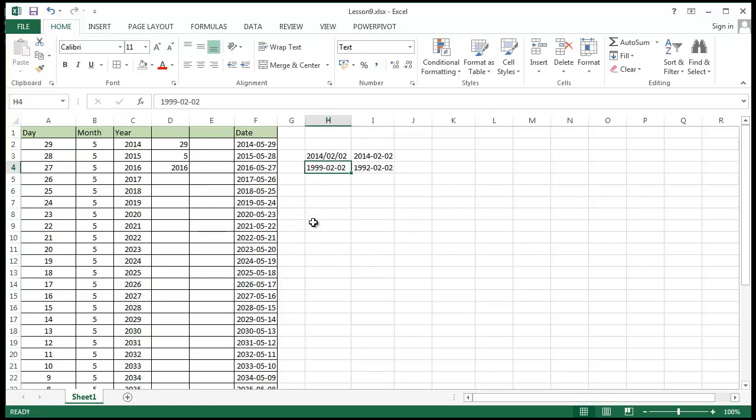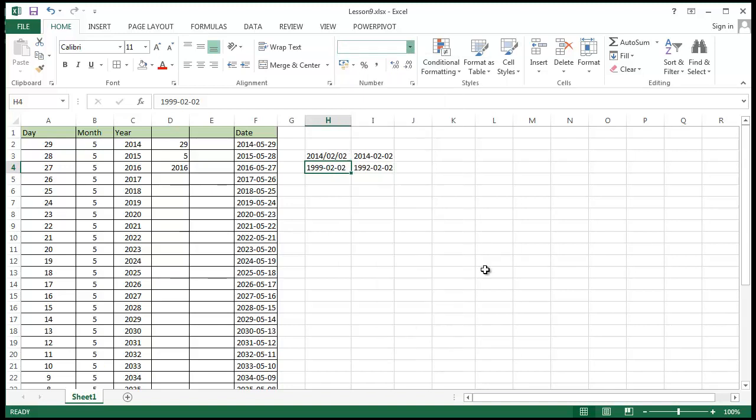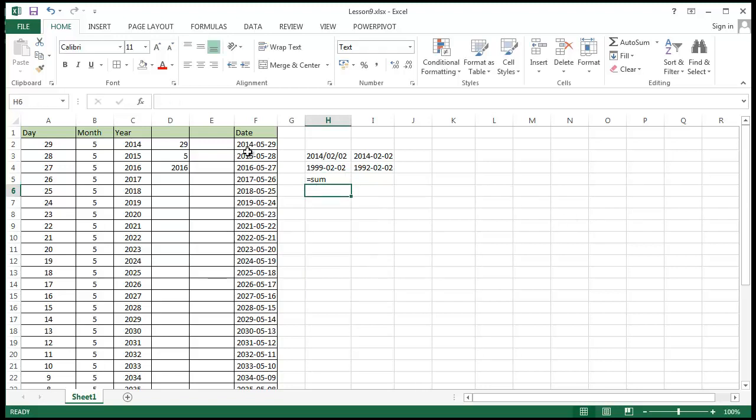Okay, to actually see the date format without it being controlled by switching to a date format, you would have to switch to text. If you switch to text, this basically tells Excel to leave you alone. Leave this. You can write in anything you want. If it's a text, you can write in equals sum,